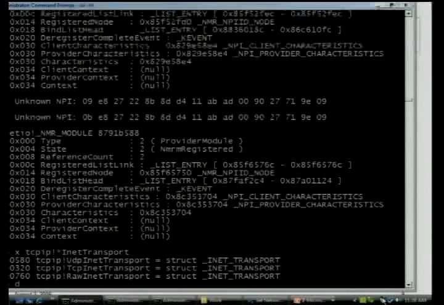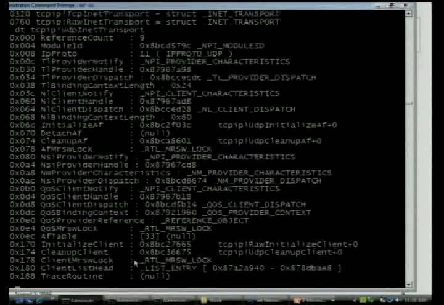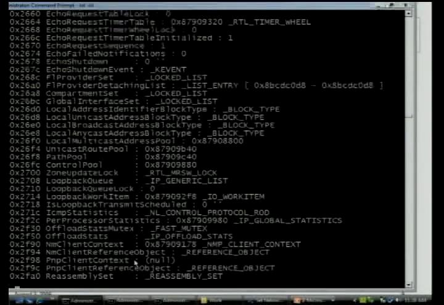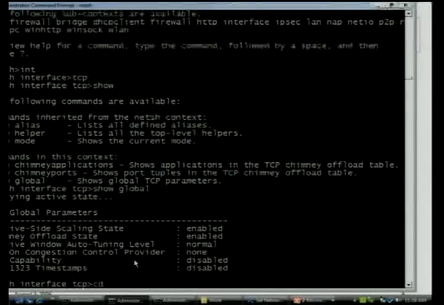I can dump out the contents of these structures. So let's take a look at the UDP. And you can see how it connects with both IPv4 and IPv6 at its lower edge, as well as with clients on top. Similarly, I could dump out the IP, let's say IPv6 state, which includes everything from its configuration to how it manages communication with upper layers and how it manages addresses and so forth. So if I dump out, for instance, the interfaces, actually that's something that's more easily done from